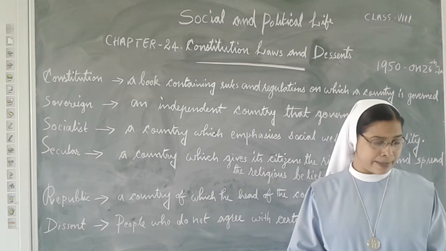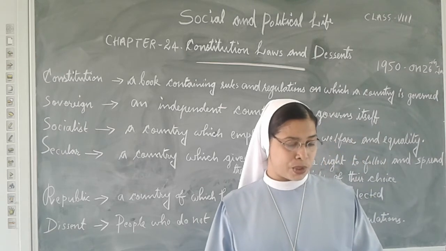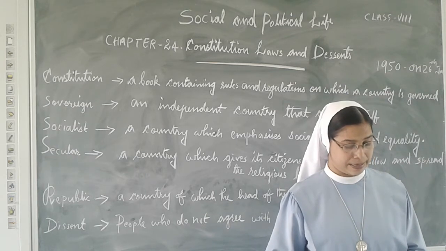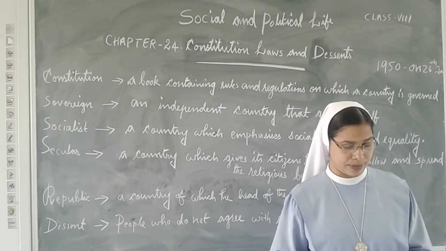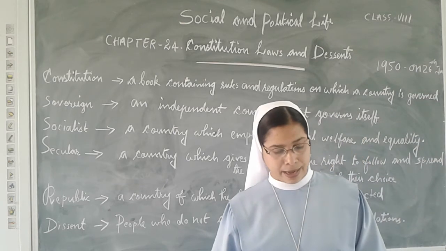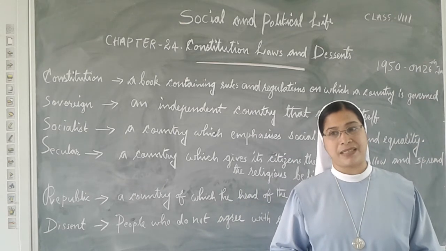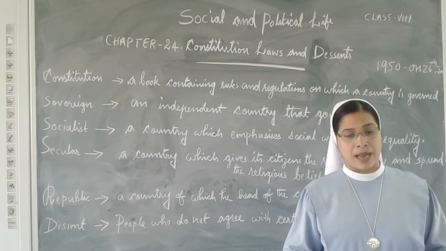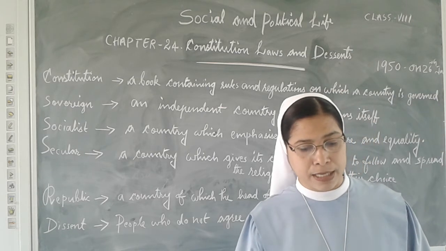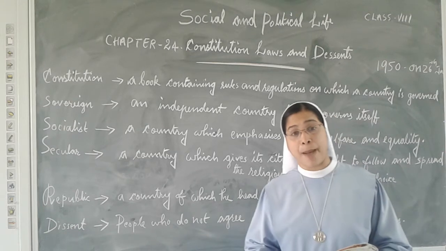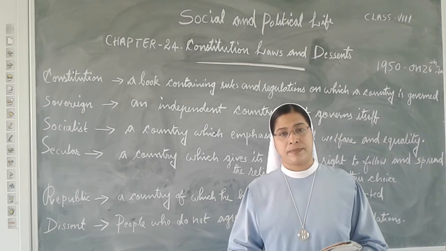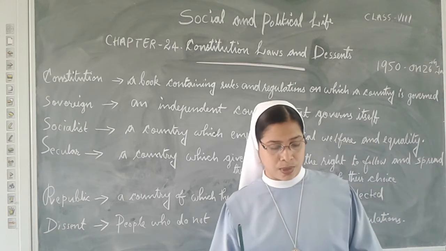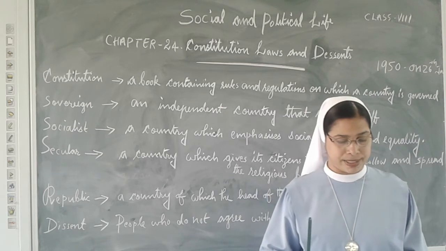The third point is that in a democracy in our country, the constitution provides fundamental rights to the people which protect them not only from the tyranny of the state but also from the tyranny of the majority against the minority. Tyranny means some kind of cruel actions. Otherwise we can say a small group possesses absolute power over the minority people. There are some safeguards in our constitution for this.